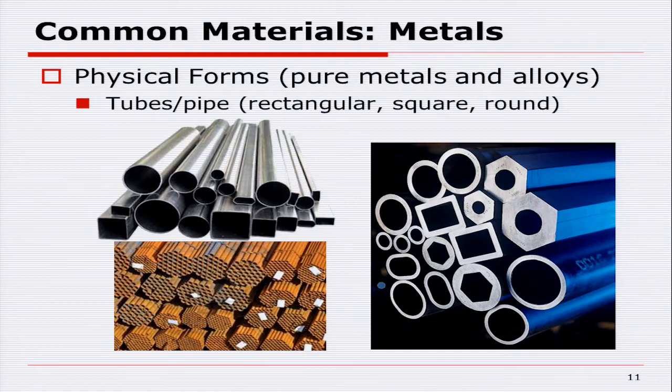Let's look at metals, our pure metals and alloys, and specifically what kind of forms they come in, because this is the terminology you're going to need to have down if you're going to order something or you're looking for pricing. We bring stuff in as tubes or pipes, and you can see some of the shots there. They could certainly be rectangular,